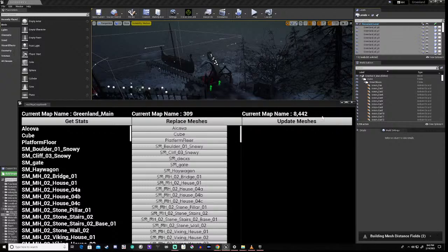Right, yeah, unload everything. Right. So weird. Weird is all I can say.